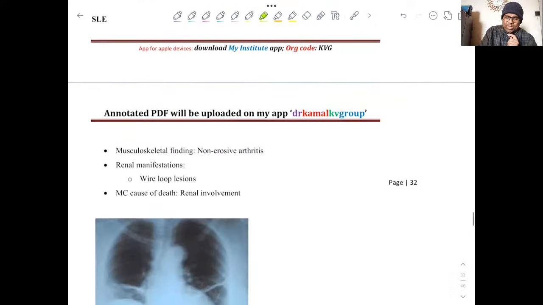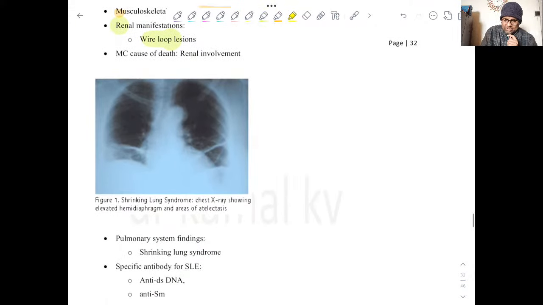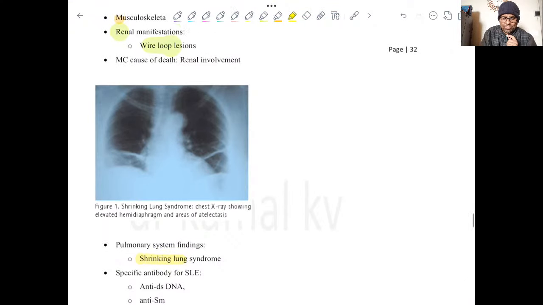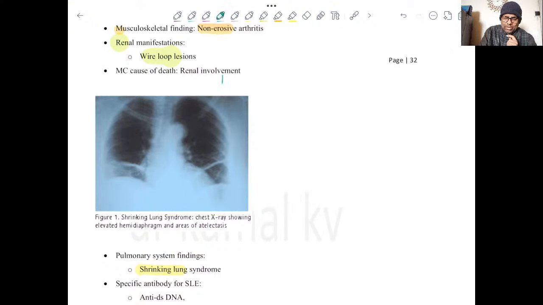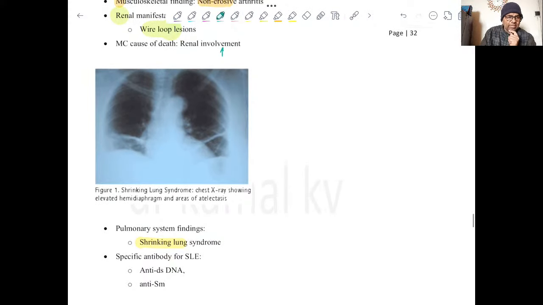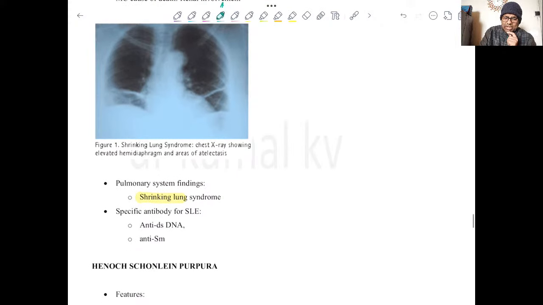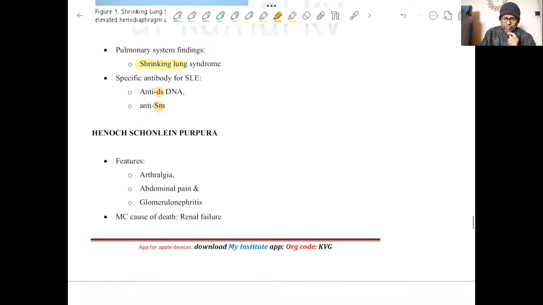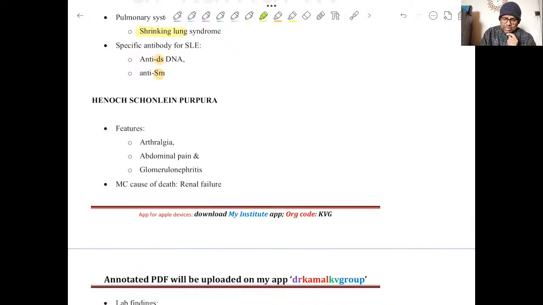Then for SLE, different systems will show different findings, like musculoskeletal, it is non-erosive. In renal, we will see wire loop lesions, and in lungs, we will see shrinking lung syndrome. And in fact, renal involvement is the most common reason for diagnosis. And yes, malar rash. Then specific antibodies, anti-double stranded DNA, anti-Smith. Then for Henoch-Schonlein purpura, there is abdominal pain, glomerulonephritis, and